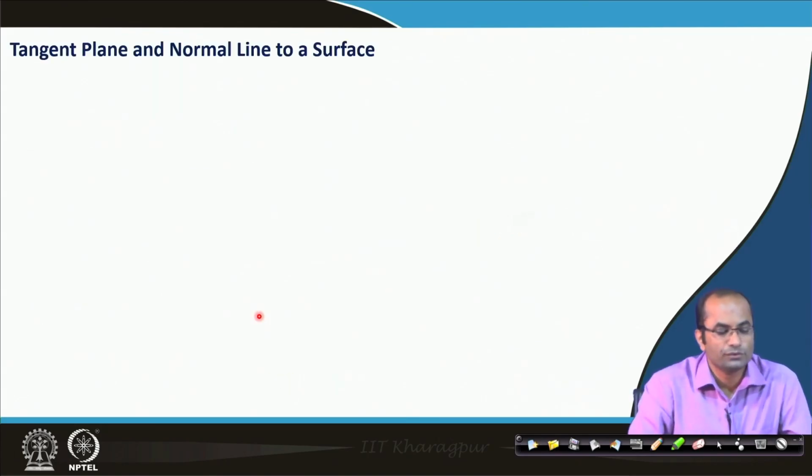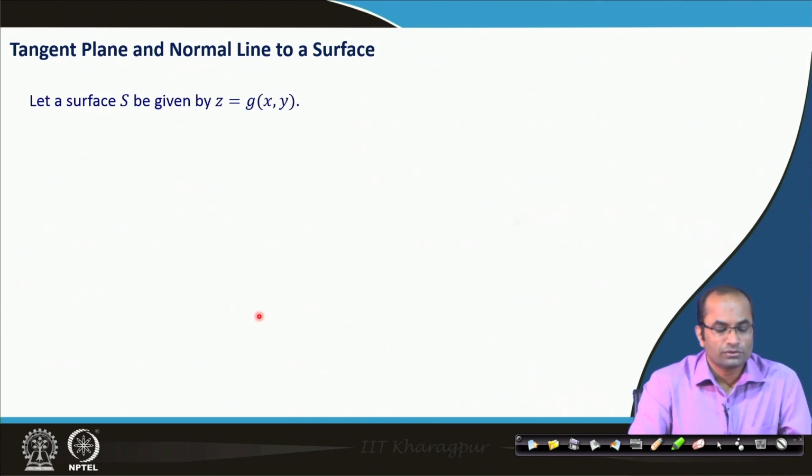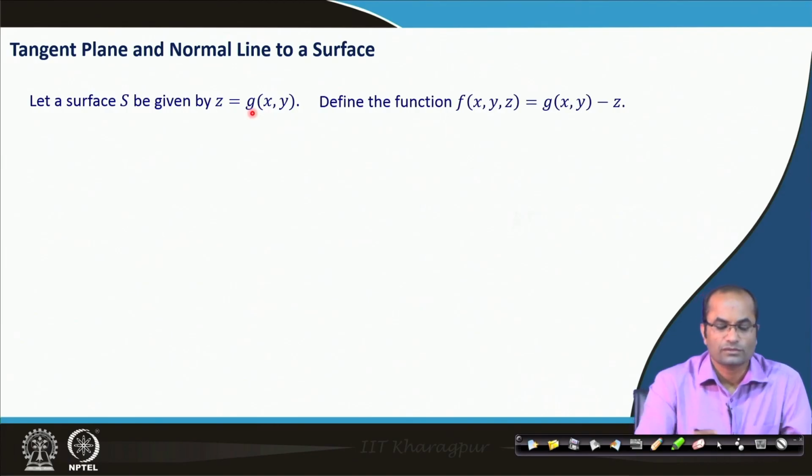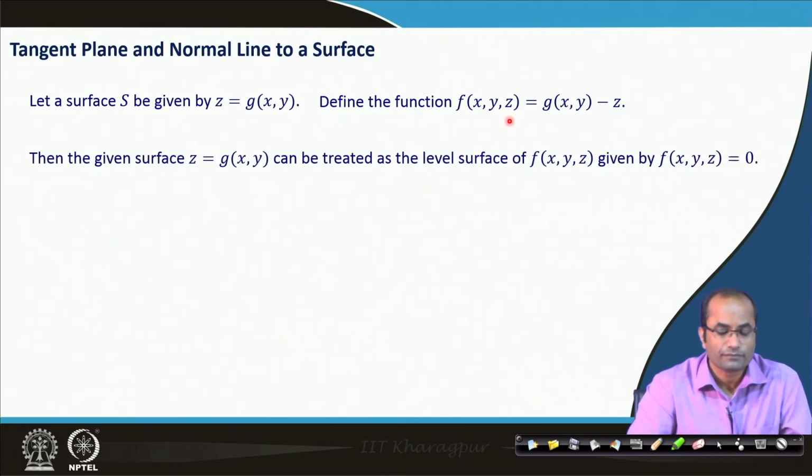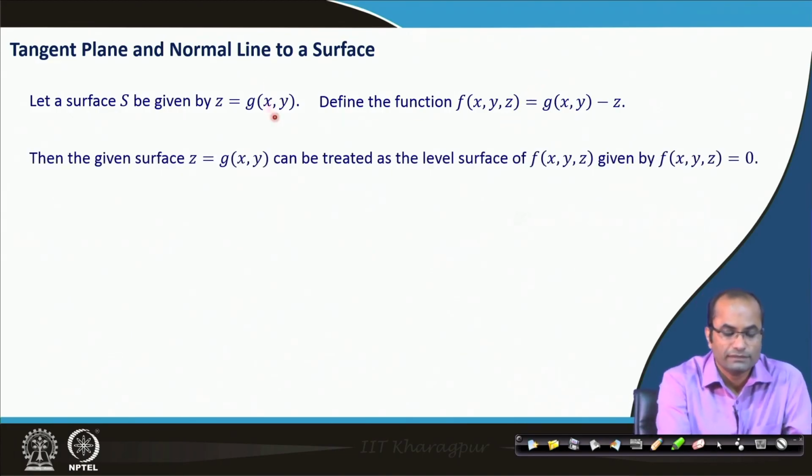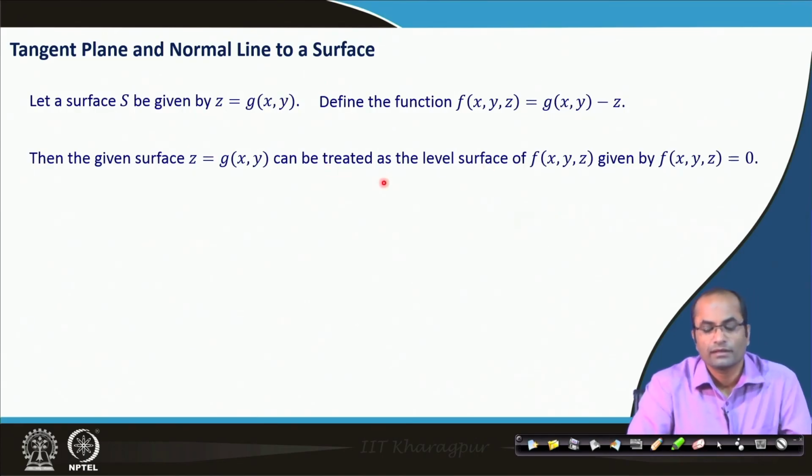Now, we will come to how to get the equation of the tangent plane and the normal line to a surface. Suppose this surface S is given by z is equal to g(x, y). So, we can define a scalar function f(x, y, z) by taking the difference. We can bring this z to the other side, so we have g(x, y) minus z, and note that the given surface z is equal to g(x, y) can be treated as the level surface